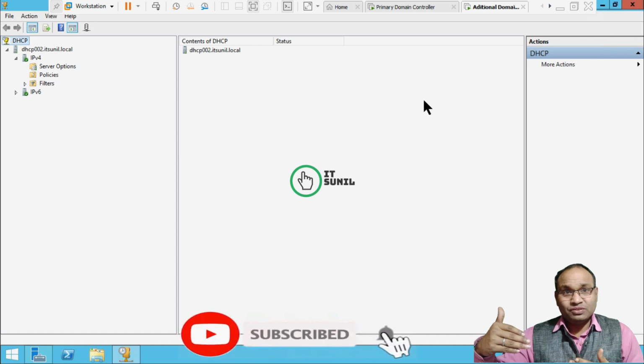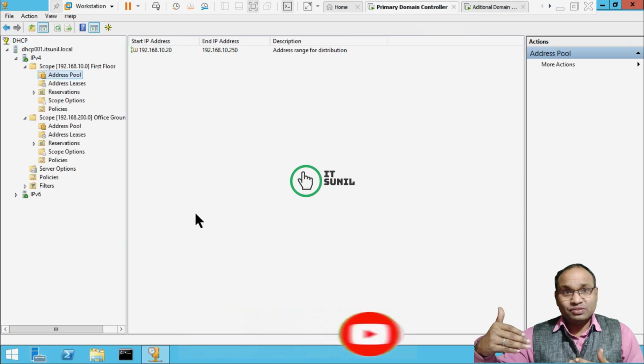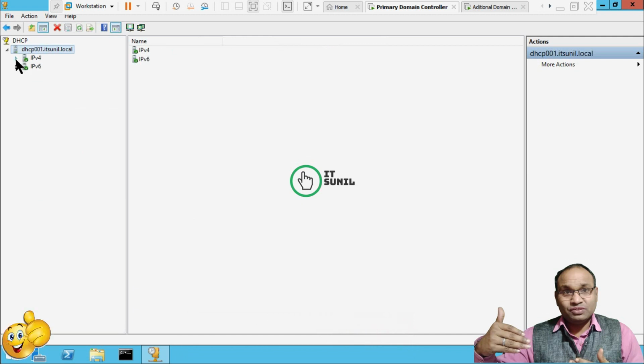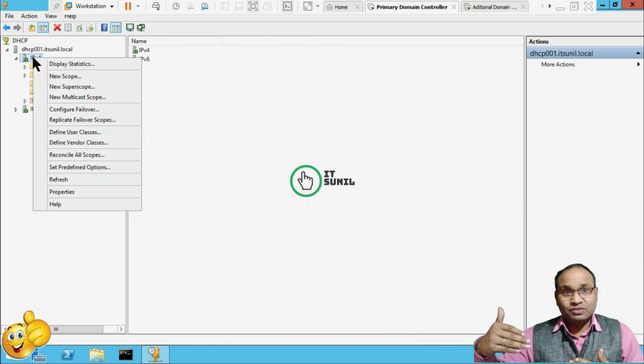Now I'm going to the primary DHCP server. Here is my primary DHCP server, DHCP001. Now right click IPv4 and click on Configure Failover.